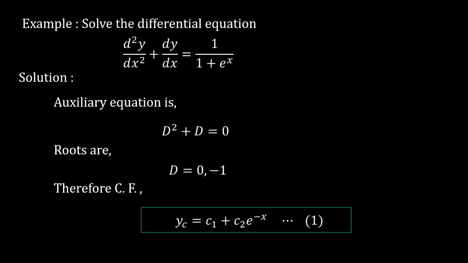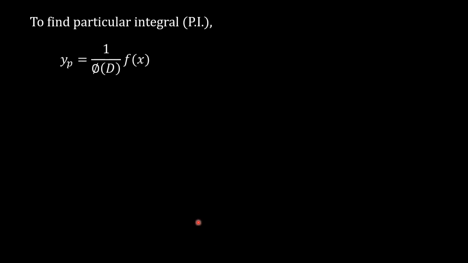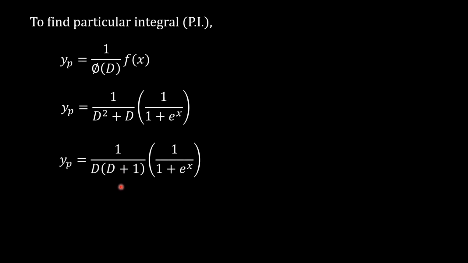Now we will obtain the particular integral. So yp = 1/φ(D) f(x). Here φ(D) is D² + D and f(x) is 1/(1 + e^x). Now we factorize φ(D) into linear factors, which is very simple: 1/(D(D + 1)). Now we will operate the 1/(D + 1) operator first on the function f(x)